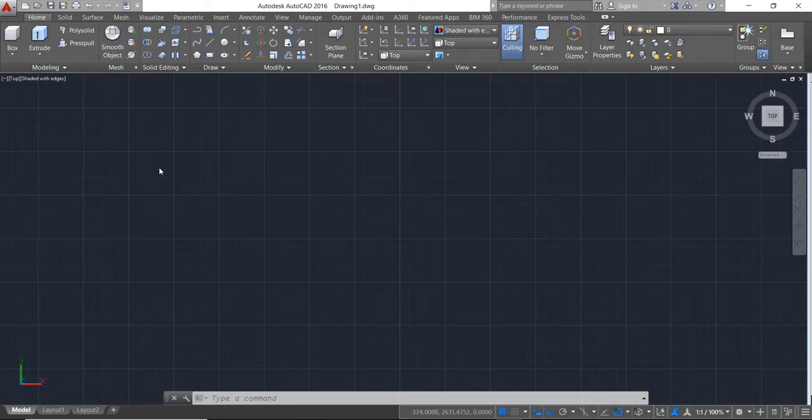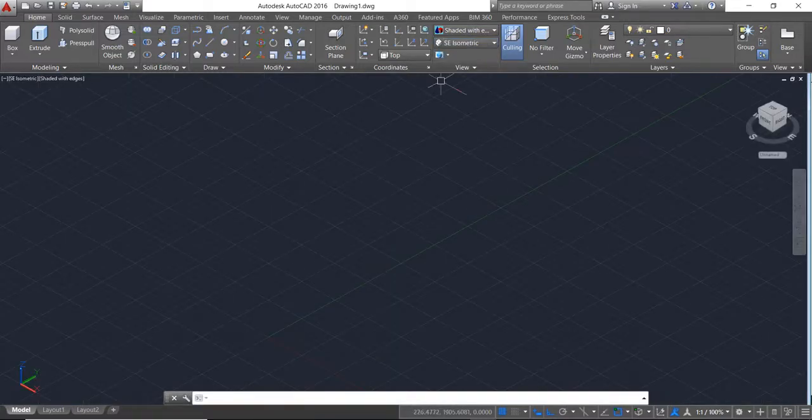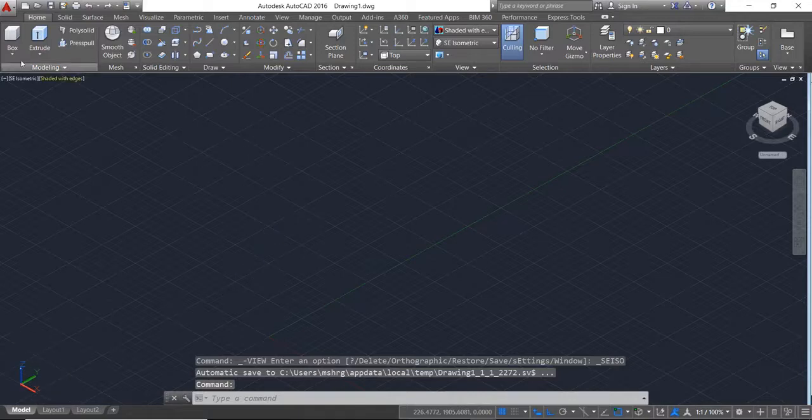In this lecture, we will learn how to use 3D box to create a 3D model. Right now, we are in XY view. Go to 3D navigation and select SE isometric. Now, you can see that we are in isometric view. Select 3D box,